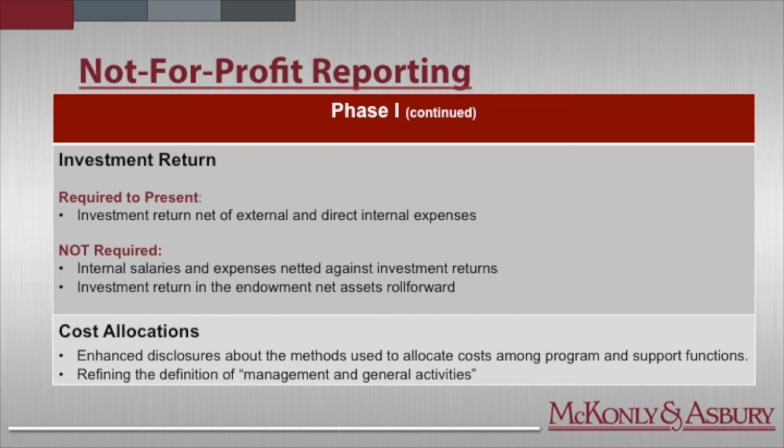So certainly when you think about areas where you'll have a little bit of work to do, that cost allocation is definitely one of them as a result of this standard. Some of the other stuff, while very important in changes to formatting of financial statements, it may not be as difficult as really laying out these cost allocations and finding the way to simply and easily disclose that information because a lot of these allocations are anything but simple and easy. So that really concludes everything that's coming in through phase one.